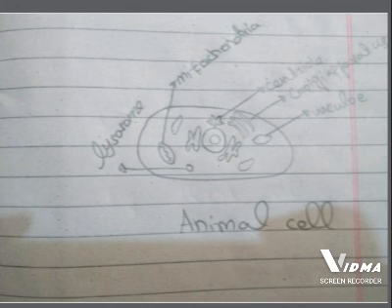So the differences between animal cell and plant cell are that in plant cell the cell wall is present, while in animal cell the cell wall is not present. In plant cell, the cell membrane is present next to the cell wall, while in animal cell, the cell membrane is the first layer. In plant cell, a single large vacuole is present; in animal cell, many small vacuoles are present. In plant cell, the nucleus is present near the periphery of the cell, while in animal cell, the nucleus is present in the mid of the cell. And in plant cell chloroplast is present, while in animal cell chloroplast is absent.